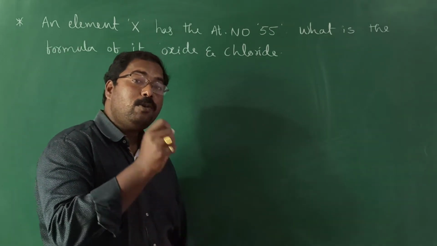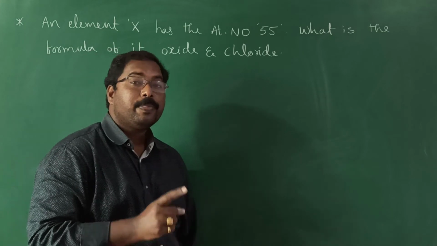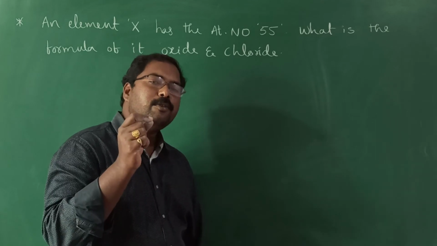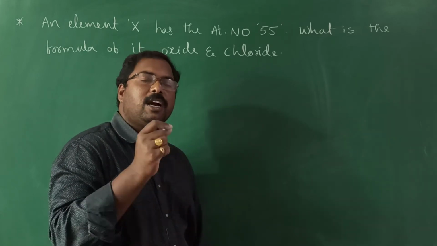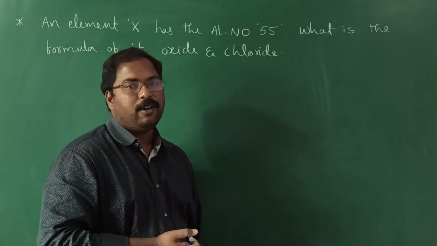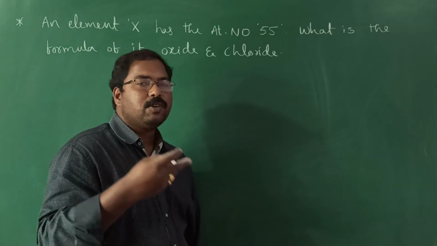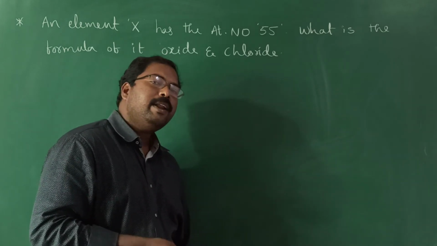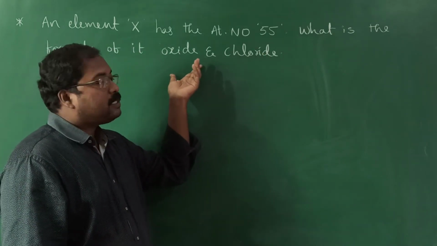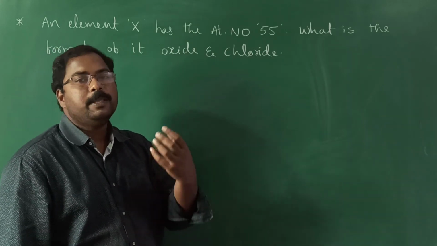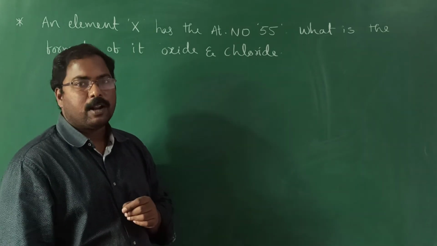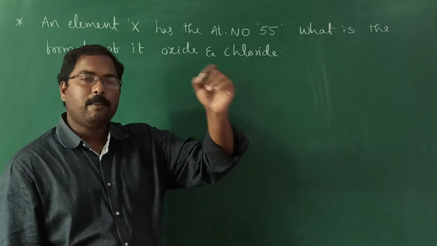No, we discussed how to find the location of an element in the table. Nothing but you will come to know to which group it belongs, right? So when we know the group number, we will come to know the number of valence electrons, as well as its electronic configuration. When we know the valence electrons, we will come to know its valency also, right? When we know the valency, automatically we will come to know when it combines with oxygen, we know oxygen valency is 2, what will be the form of the compound. Chlorine valency is 1, chloride. So we will come to know what will be the formula of the compound.